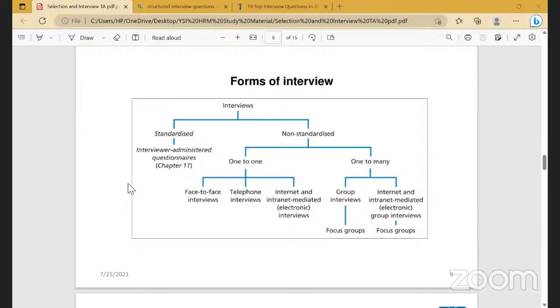The one-to-one interviews अब अलग-अलग तरीके के होने लग गए हैं. Face-to-face interview is very common. It used to happen. You're meeting physically the person. You are asking questions, knowing body language भी देख सकते हैं आप उसमें. You can show them the office that you are in, the kind of company you are, all that.